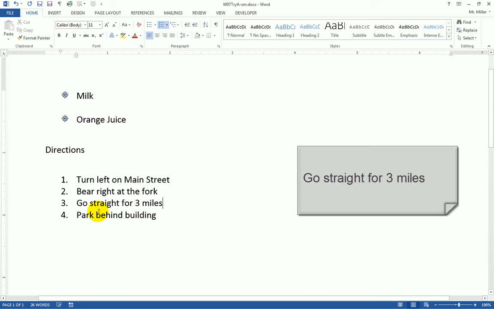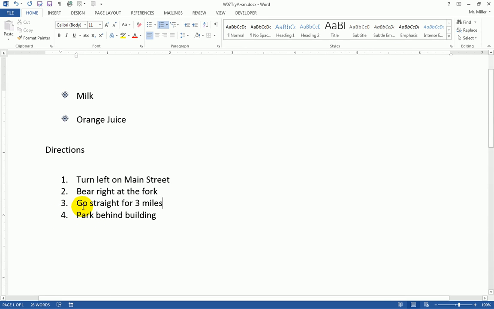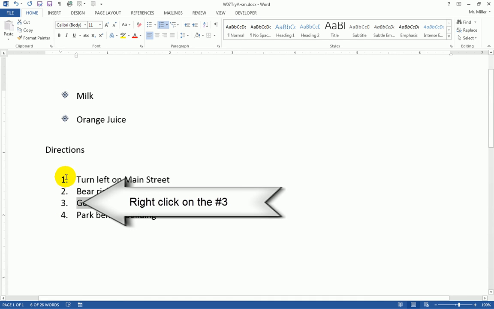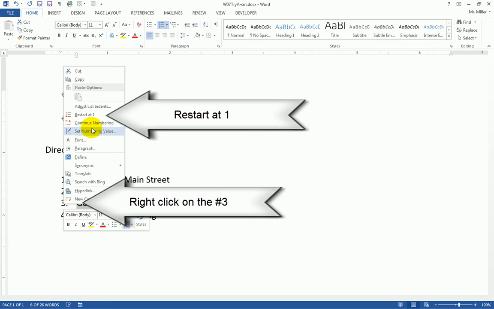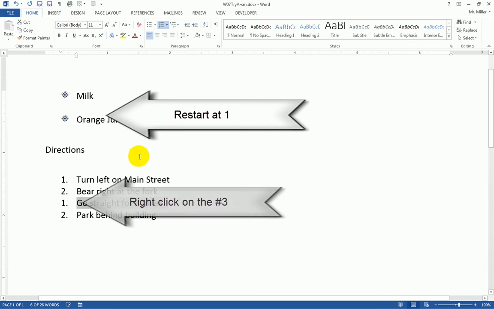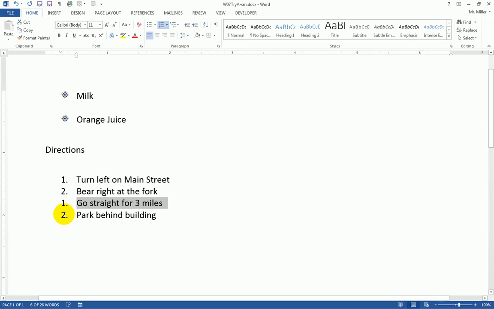And if you wanted to, not that I really want to here, but if I wanted to restart this, so I've got a list that has points 1 and 2, now I want to start over with point 1 again. If I right click on that 3, I can choose to restart with 1 and it will restart the numbering again. I really don't want that, and while I could use the undo button to fix that,